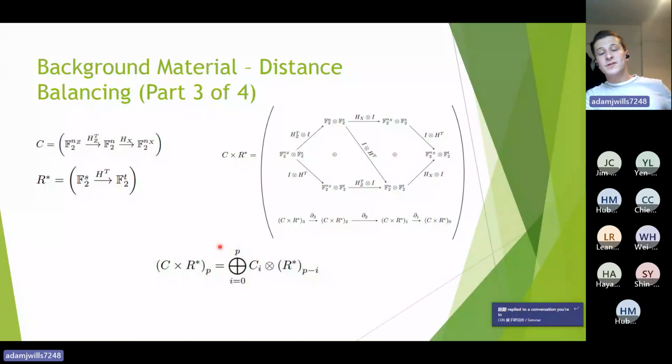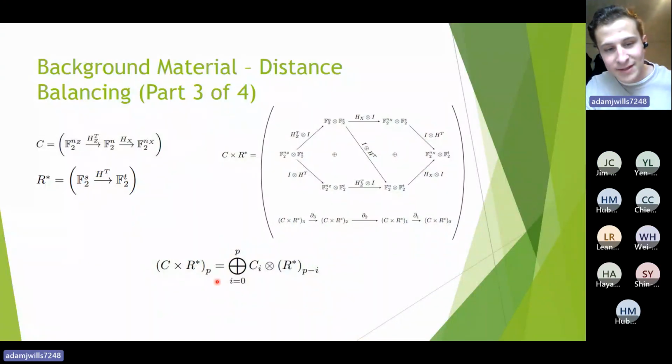So those are just the spaces. In this case, you have C cross R star sub P, and then those are the spaces C cross R star 3 to 1 down to 0. And then C sub I is going to be the ith space of C. It's a good question, and I should have written this. Those will then be the 3 spaces of C. So you'll have C sub 2, 1, and 0, and then R star is going to have spaces R star sub 1 and R star sub 0. Hopefully that answers your question, and I can show you an example of this.